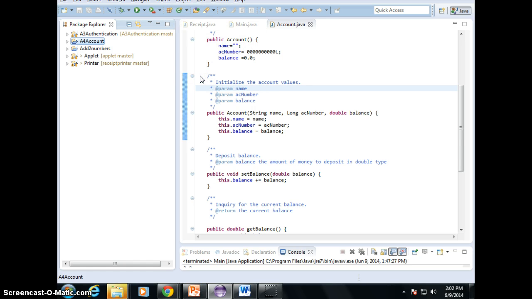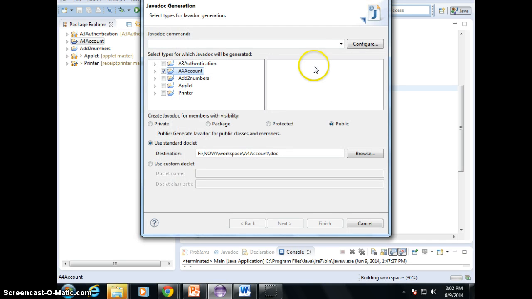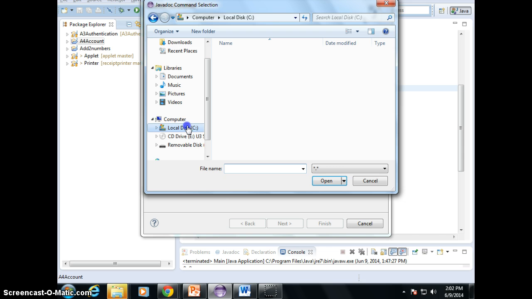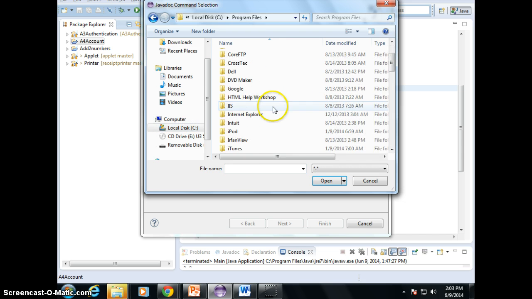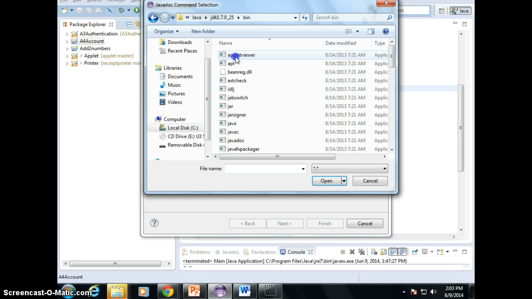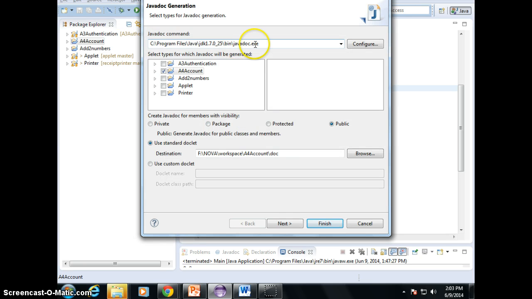Generate Java doc. And make sure you configure this to where? Where you do javac, remember? You have to cd to C, Program Files, where you install your JDK. Inside the bin, you have javac, you see, and you have javadoc. This is what we want, javadoc. You link it to javadoc, and now when you generate,